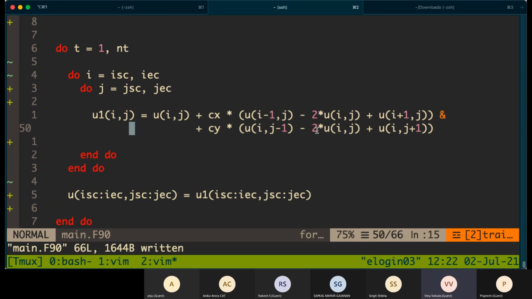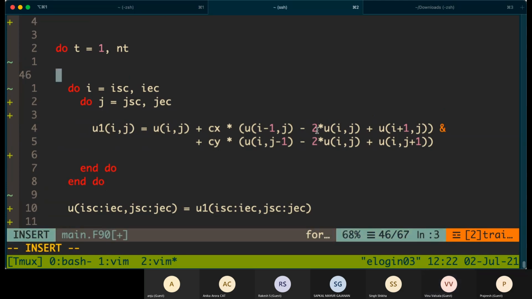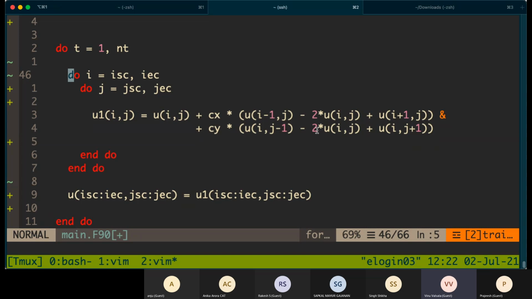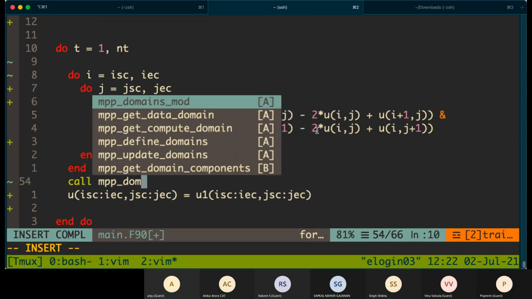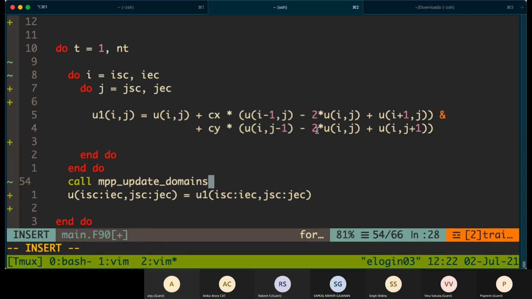Before doing this computation, we need to do this domain update. It can be before or even after also. So we have to call something called MPP_UPDATE_DOMAINS.